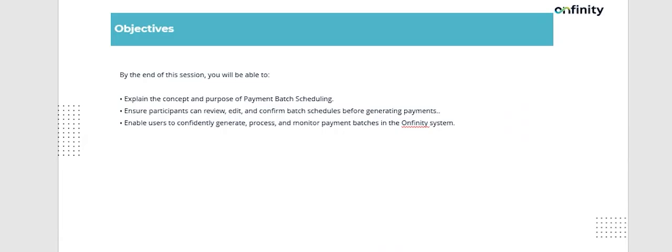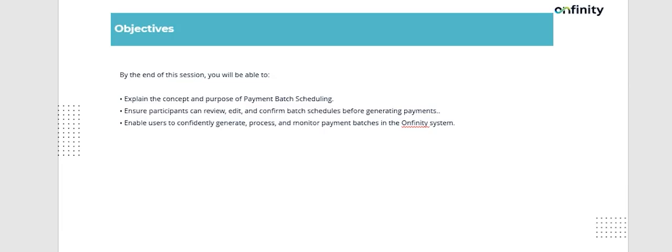By the end of this session, you will be able to explain the concept and purpose of payment batch scheduling. The purpose of payment batch scheduling is to simplify the process of managing multiple payments. Often, we have several open invoices for the same business partner or payment method. Instead of processing each invoice individually, we can group invoices, orders, or GL lines together and create a single payment batch for them. This grouping allows users to generate payments more efficiently, review, edit, and confirm batch schedules before generating